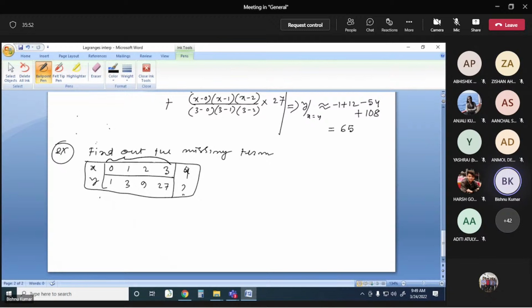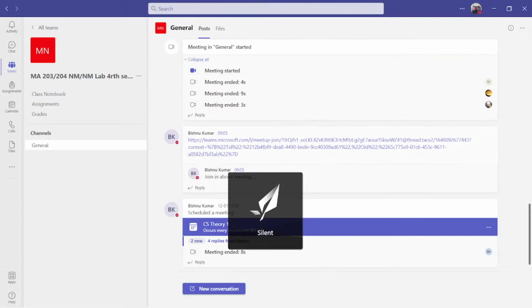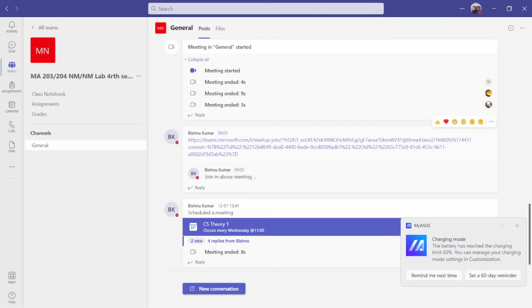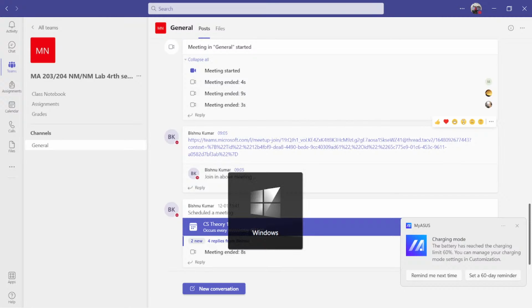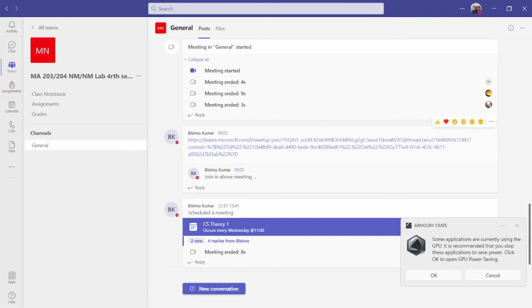With the help of 4 points, which maximum degree of polynomial can you approximate? With 4 points you can approximate a maximum third degree polynomial. So whatever that polynomial, for a third degree polynomial the third difference is constant and the fourth difference will be 0. Del 4 y will be 0 for the given logic. That is the scientific logic. With the help of 4 points, we can approximate a maximum of third degree polynomial. So whatever that polynomial it is,